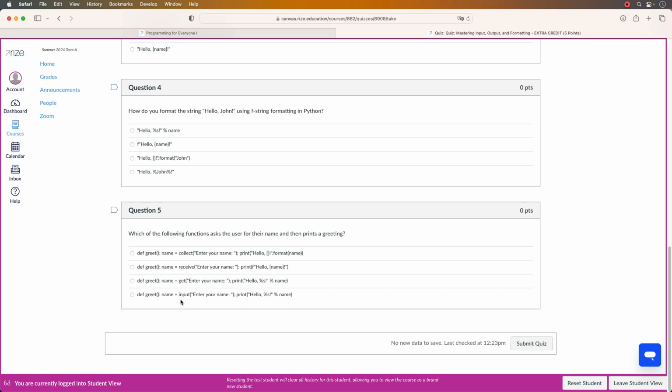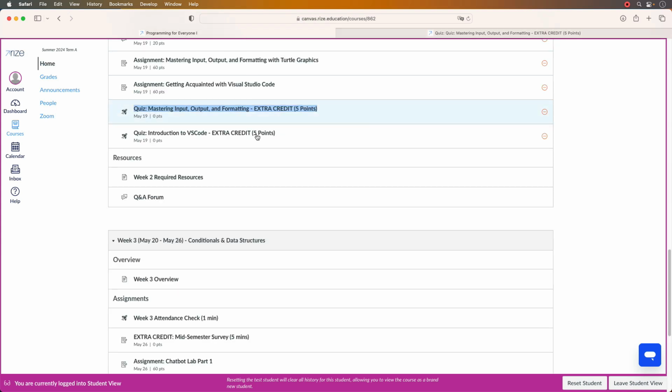This is the only function that is going to ask the user for their name, and then the printing of a greeting is basically the second half, which is print hello and so on. But since this is input and all the other ones are not correct functions, this would be the only answer. Alright, so that wraps up the first quiz, and let's go back to the second quiz from last